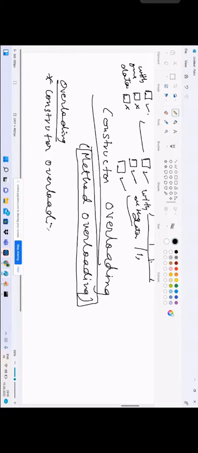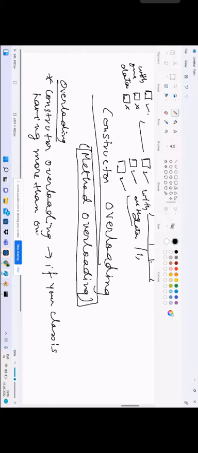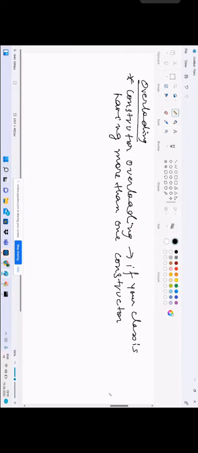constructor overloading means that if your class is having more than one constructor. Right now, I taught you only one constructor, na? But if your class is having more, I'm simplifying it for your understanding. So if your class is having more than one constructor, it is called constructor